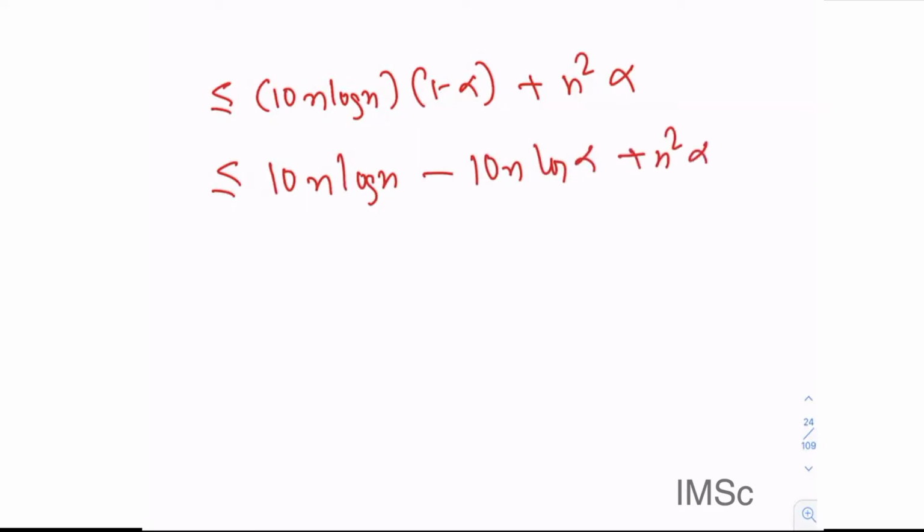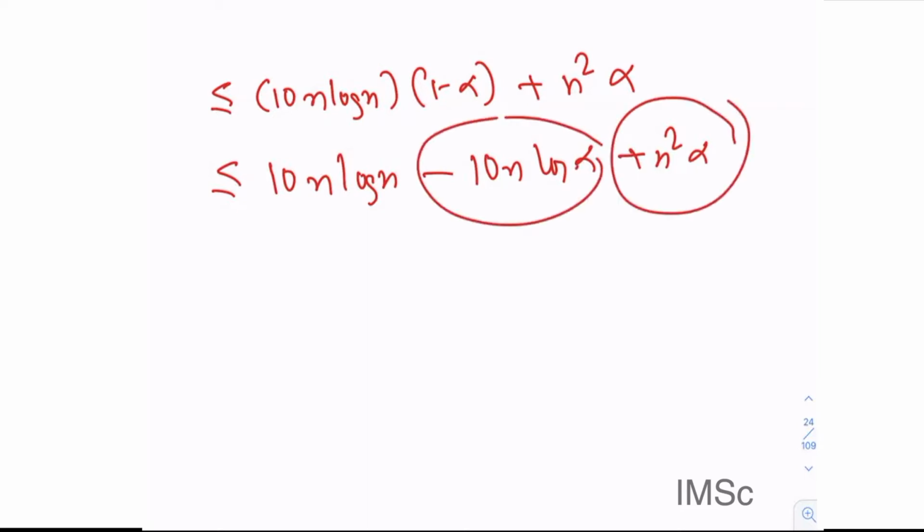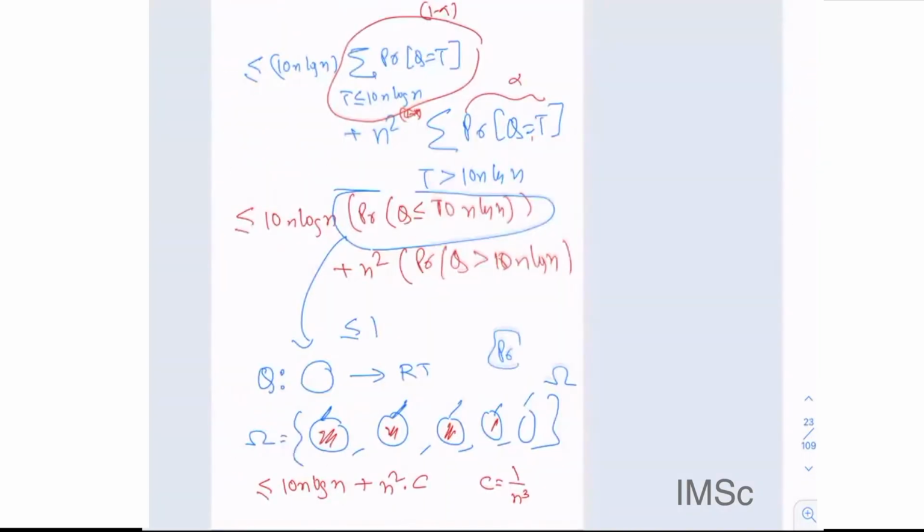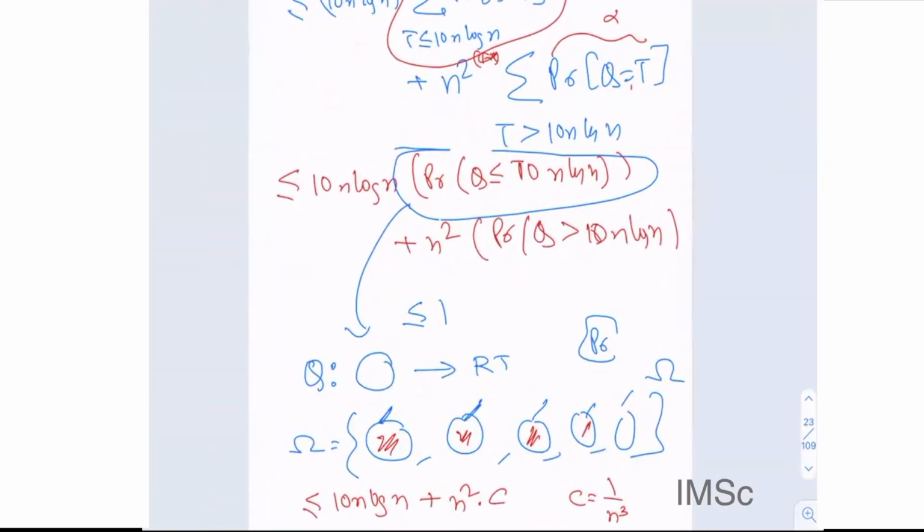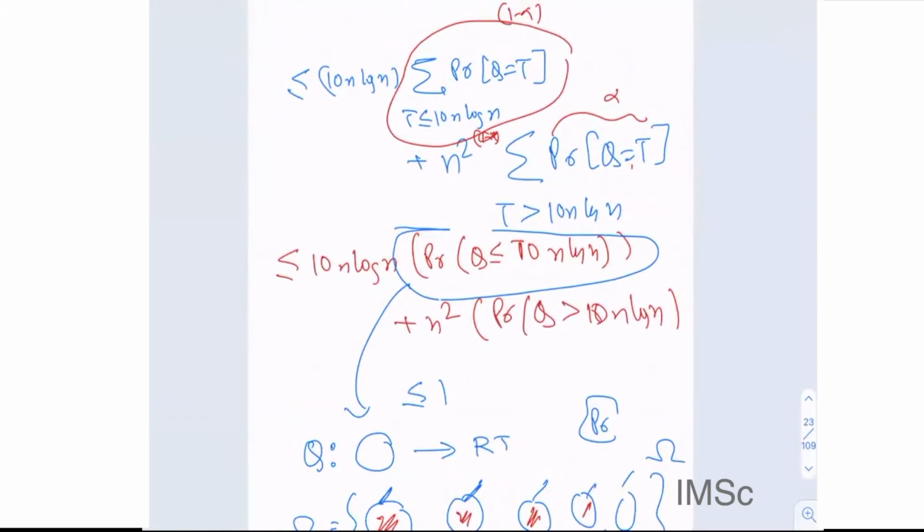Now, why am I saying this? Because for some choices of alpha, this quantity will be much more than this positive quantity, so they can compensate each other. But for most analysis, please don't worry about these little things. You can choose how to optimize these kinds of things, but that is not what I would like to focus on. So for now, we use 1 for this, and we use the trivial c for this.